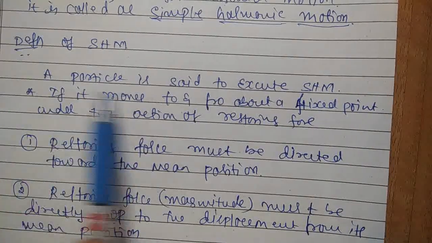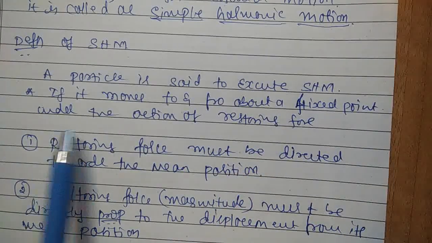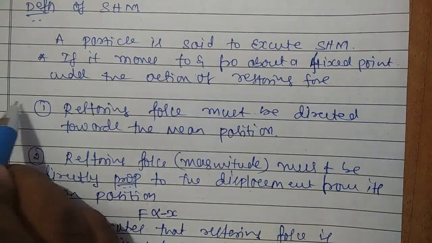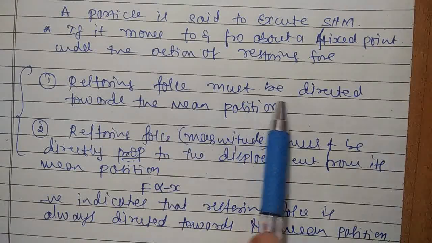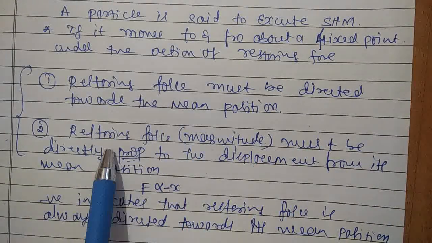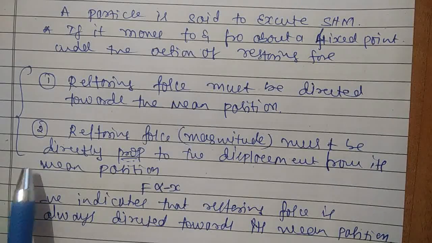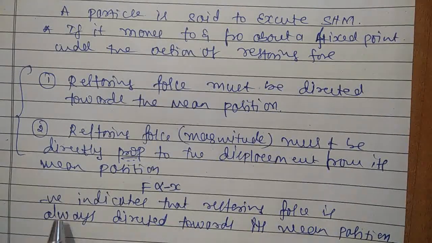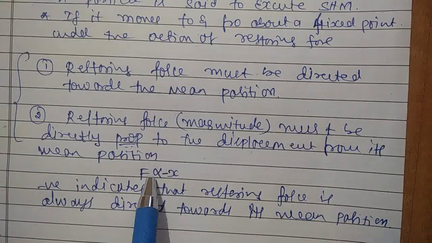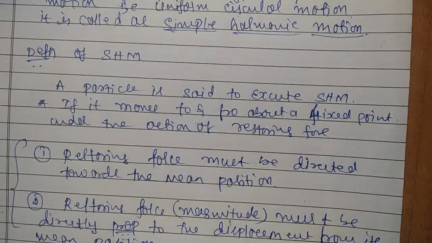So the definition is, a particle is said to execute simple harmonic motion if it is moving to and fro about a fixed point under the action of restoring force. The conditions to be satisfied are: first, the restoring force must be directed towards the mean position, and the magnitude of the restoring force must be directly proportional to the displacement from its mean position. So we can write F is directly proportional to minus x. The negative sign indicates that the restoring force is always directed towards its mean position. So if they ask for the definition for simple harmonic motion,